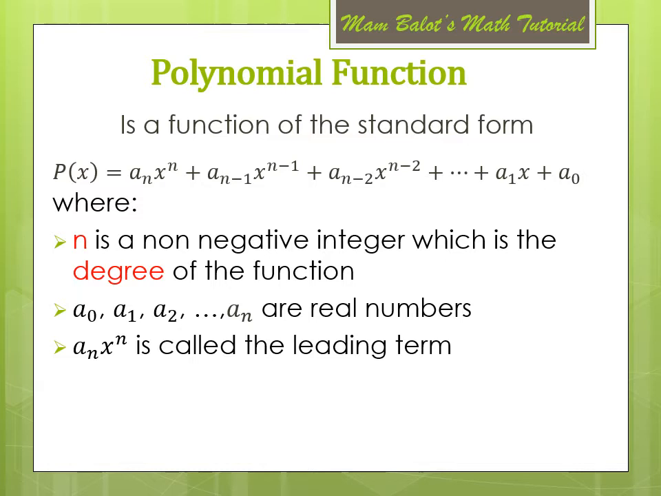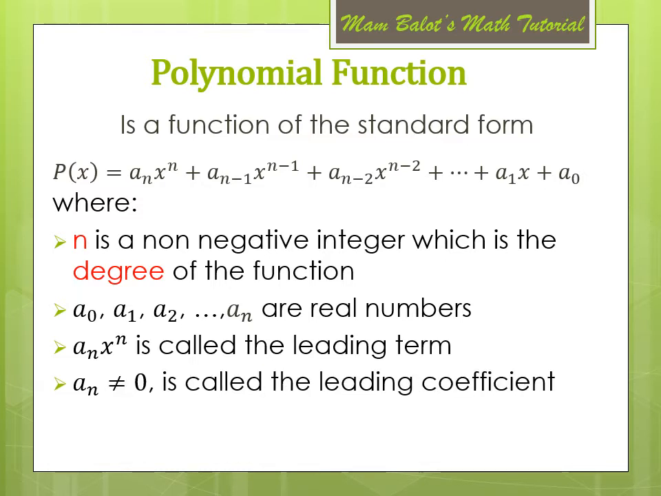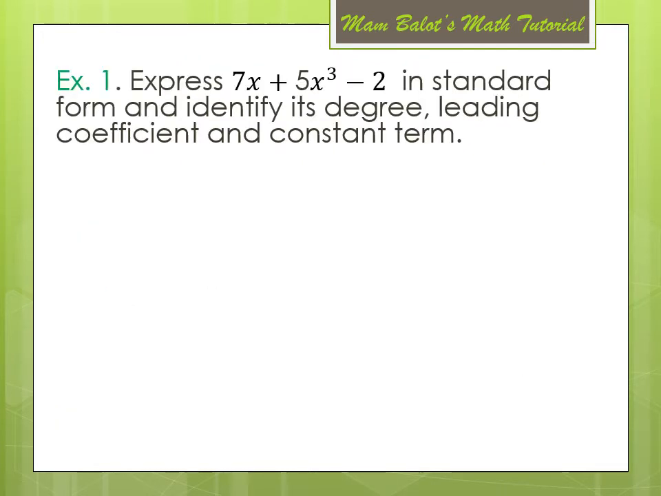A sub n times x to the n is called the leading term, and its coefficient a sub n, which must not be equal to 0, is what we call the leading coefficient, and a sub 0 is the constant term. So for example, if we have 7x plus 5x cubed minus 2,